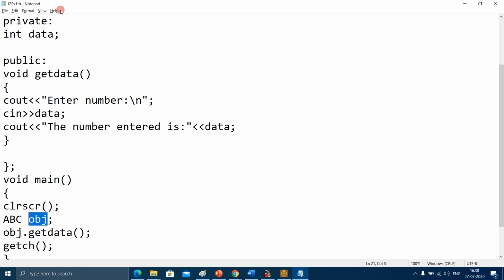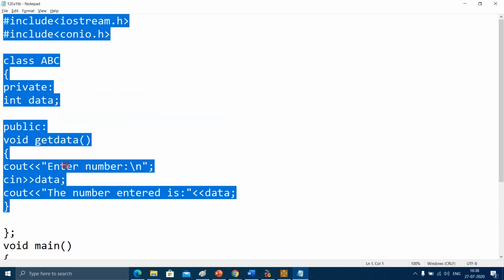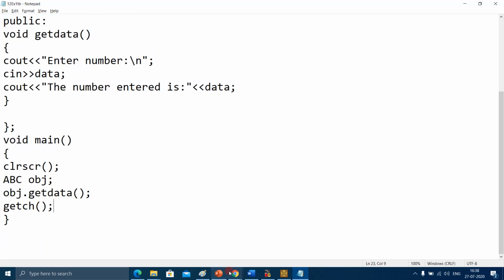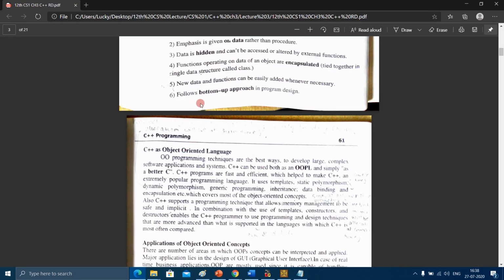So subtasks, and then after integrating, it completes the final task. So it is the bottom-up approach, from lower level to higher level. Whatever we are doing is around this object, and a class can have multiple objects. So for this object we are writing all this. Is this clear? Yes, ma'am. So that is the bottom-up approach in program design.